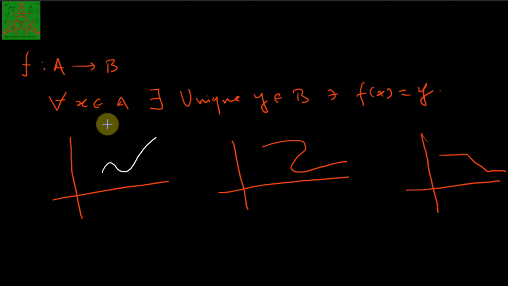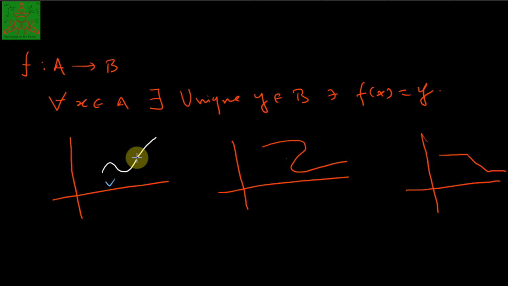Then in these three graphs, you can say that this one is not a graph of a function. This is a graph of a function because if you plot vertical lines here, they always intersect at exactly